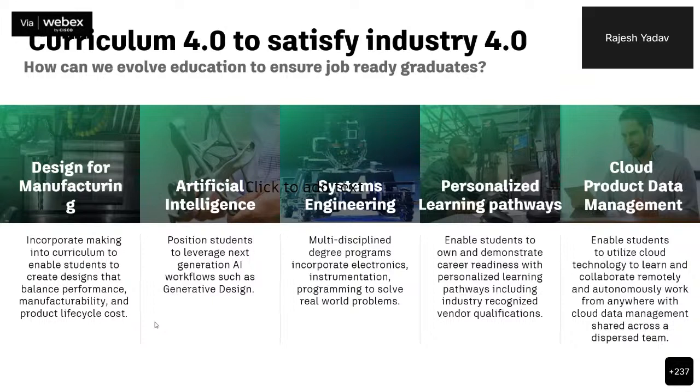And why are we introducing Fusion 360? Because this is the latest technology available, which fulfills all the requirements, whether it is design for manufacturing, AI, or system engineering. Today is the first session, so you might come to know how system engineering works in Fusion and how AI is implemented in Fusion. Everything is there in Fusion. In the upcoming days, you will come to know how these entire topics can be covered within Fusion, right?